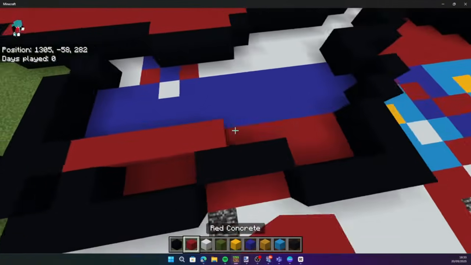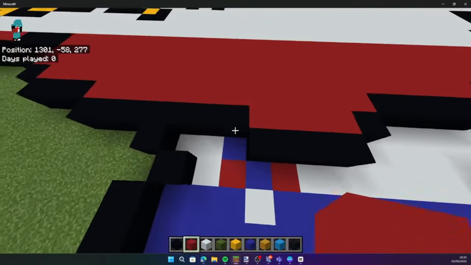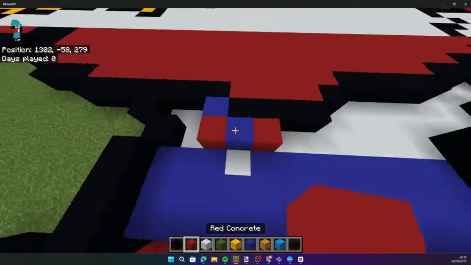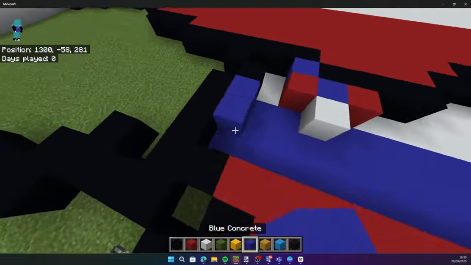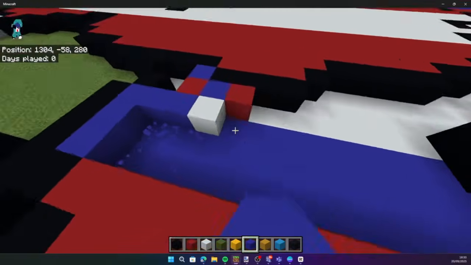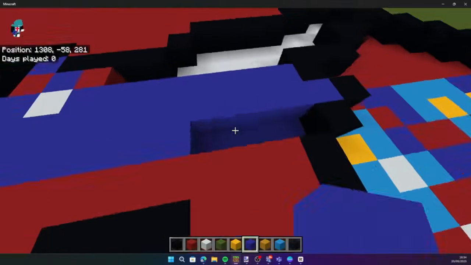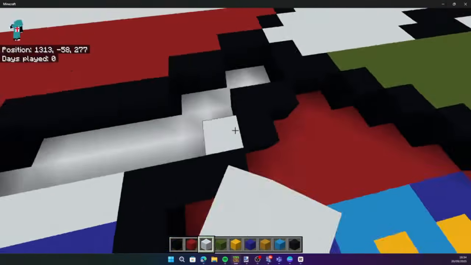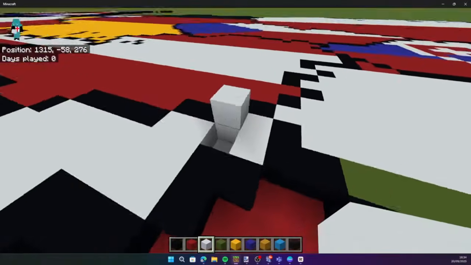Fill in the bottom 2 rows in with red, like this, and from this block right here, place 2 1s with blue, 2 red blocks in these positions, and a white block in this position. So place the next 3 rows here in with blue concrete, and fill in the rest of Slovenia in with white concrete. So yeah,